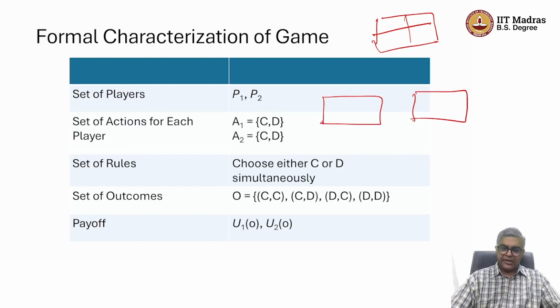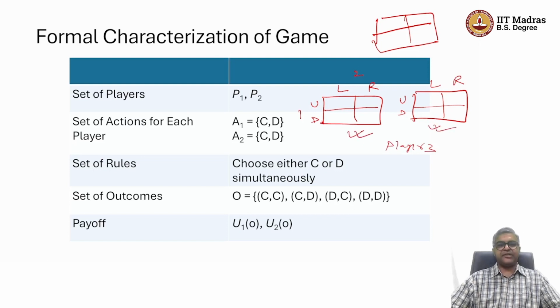Player 1 is deciding up or down, player 2 is deciding left or right, and player 3 is deciding whether this game is being played or this game is being played. Mind you, this is a game of complete information. They all know